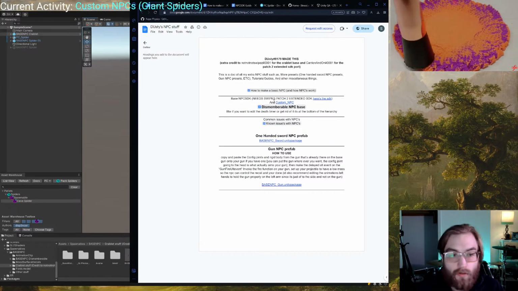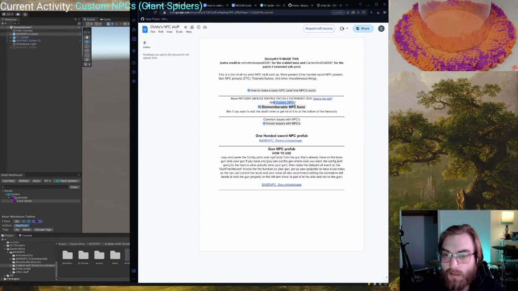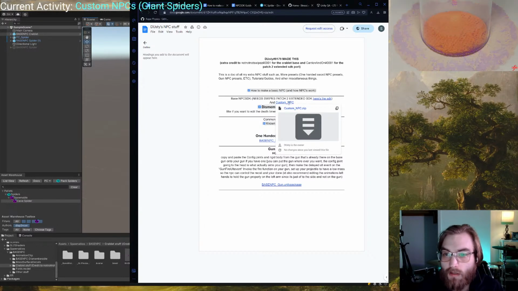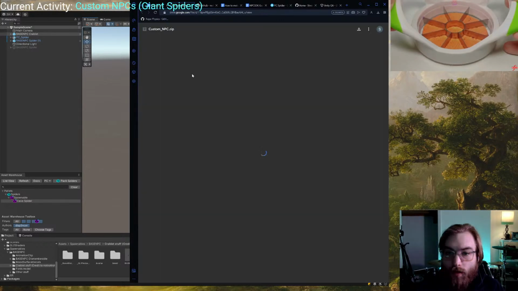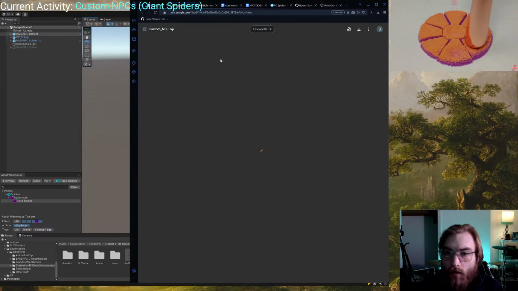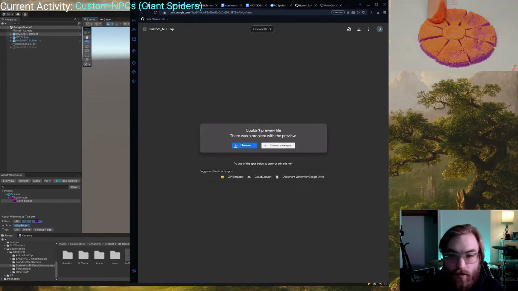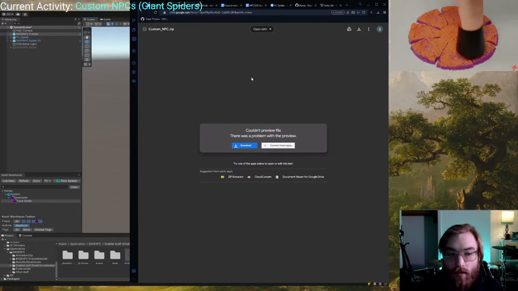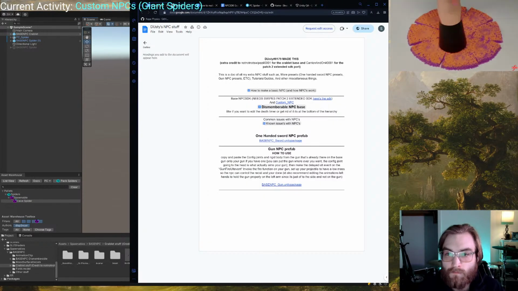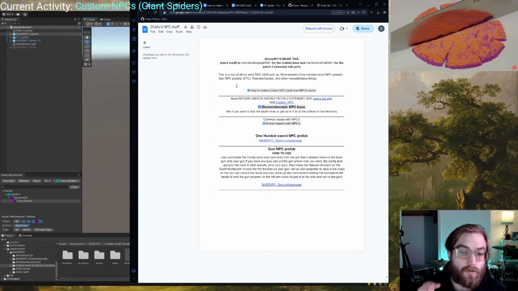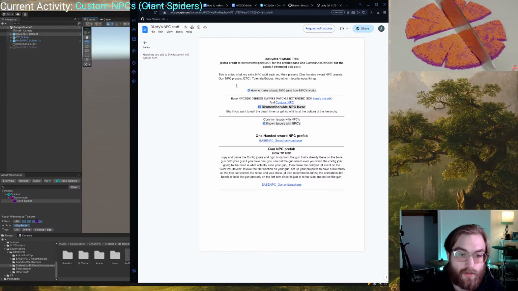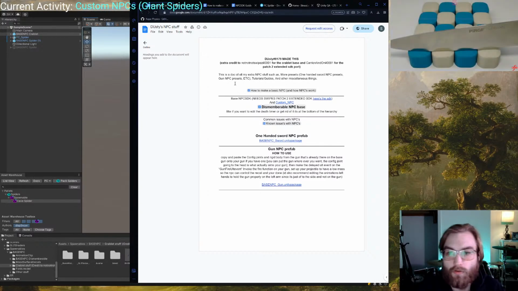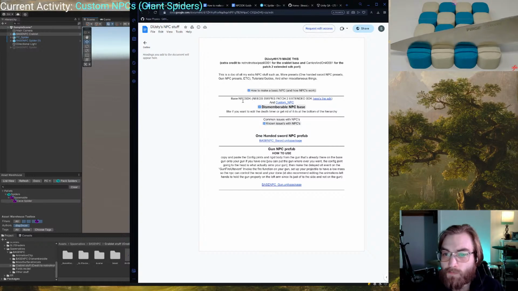The next thing you want to do is, back in the document, download where it says custom NPC. This will take you to a Google Docs page where you can download this file, and that'll come with all the prefabs that you need to make the NPCs. That one will be slightly different than just dragging and dropping it into your Unity project, so just hold on, I'll explain what you do in a minute. Once you've downloaded those two things,